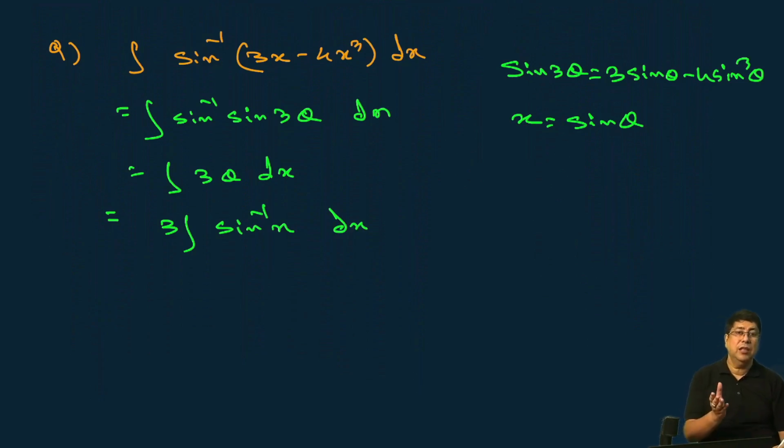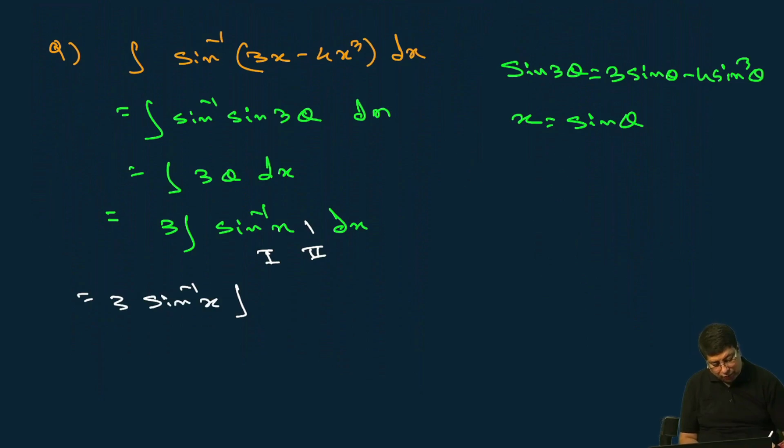Once again, whenever it is an inverse function, you have to multiply by some algebraic function, it is better 1. Therefore I can write here 1 into, so this is the first function, this is the second function. So 3 sin inverse x integration of 1 dx minus